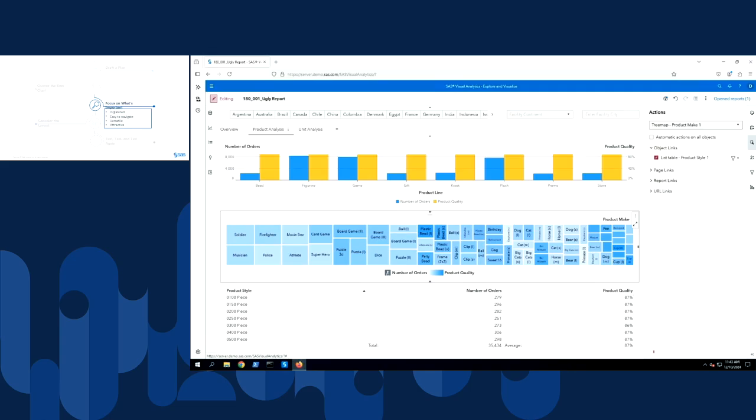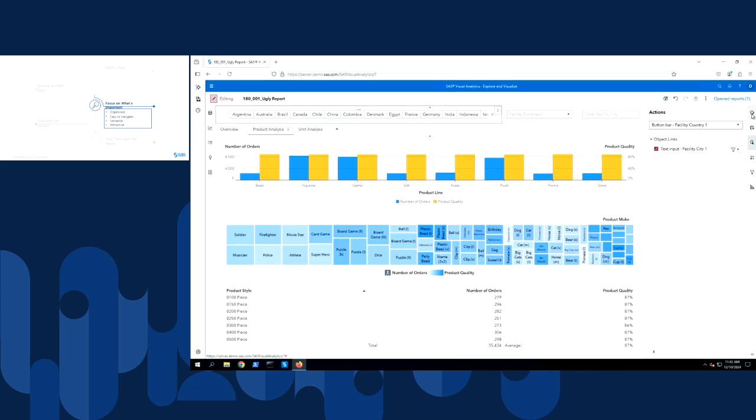Now, let's look at the next step. I think we're still on the same step. So now that we've improved the organization and versatility, we want to enhance our navigation and the attractiveness of the report. So to do this, I'm going to start with my report prompts. Whenever I have prompts in my report, I always think it's a good idea to add instructions on how to use them. So let's start with our button bar.